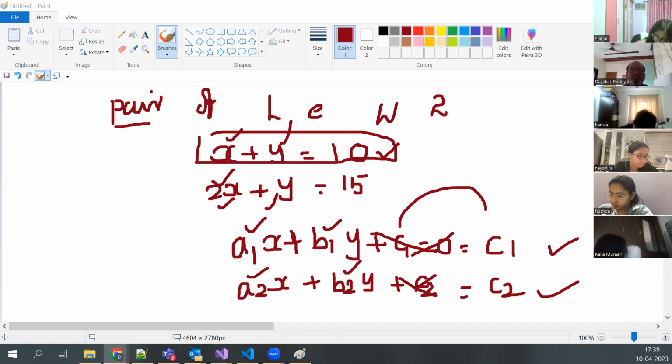Next point. The general form of a linear equation with two variables is ax plus by plus c equal to 0, where a, b and c